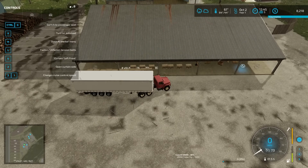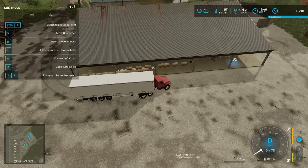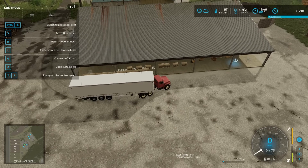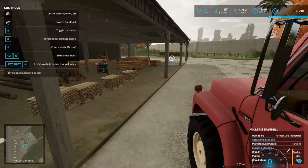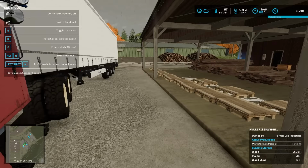This should... Oh, X to turn on auto load. What a roller coaster there. Yep, I don't know. There might... Oh, it is auto loading them. Okay. It might just be really far away from...